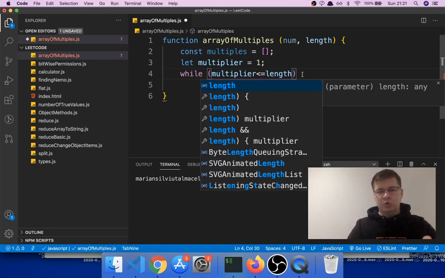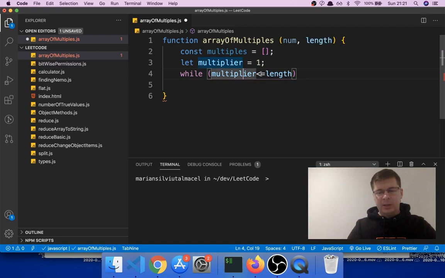So we want to basically multiply the number that we have with the multiplier as long as the multiplier is less or equal to the length, because we know that the last number in the array will actually be the number multiplied by the length. So we will say while multiplier is less or equal to length, we want to say